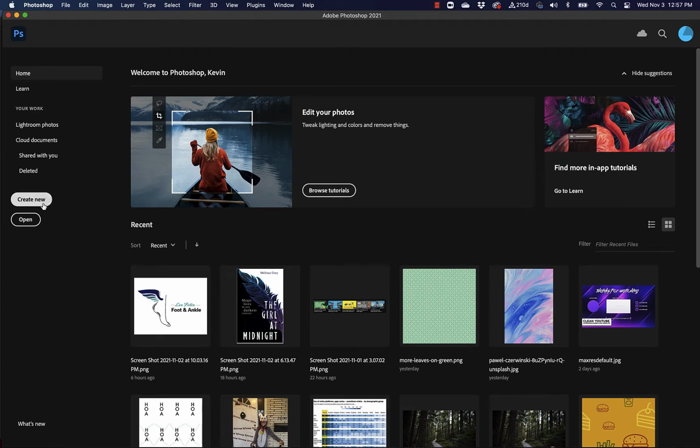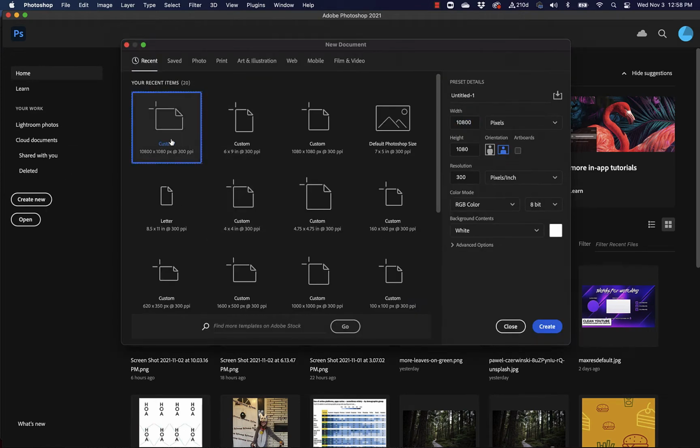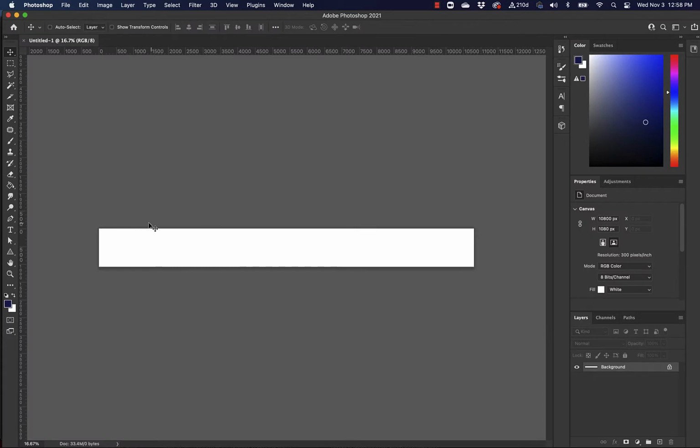All right, so we want to create a new carousel. For this, we'll make it 10 units, so that's 1080 times 10. For height, you can use 1080 or you can use the other side height, which is, I forget what it is, 1350, 1520, something like that. You'd have to look it up. But I'm just going to use 1080 anyhow. So I'll hit create. And so this gives me